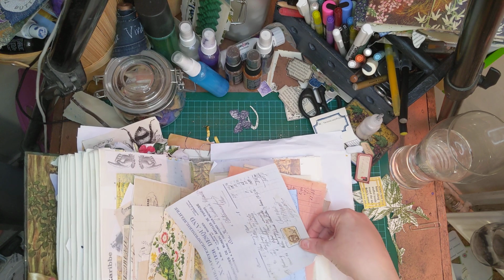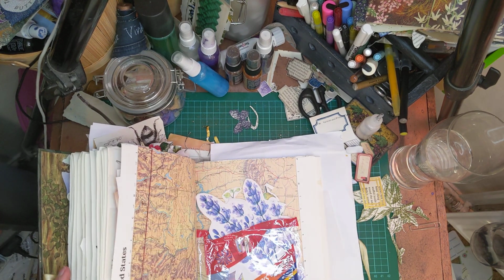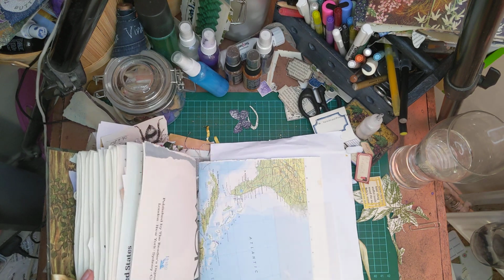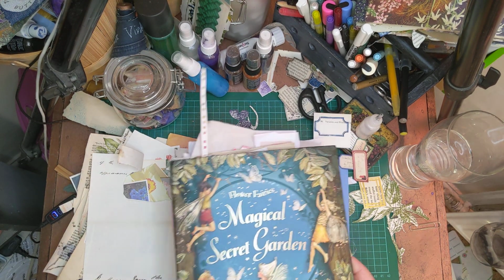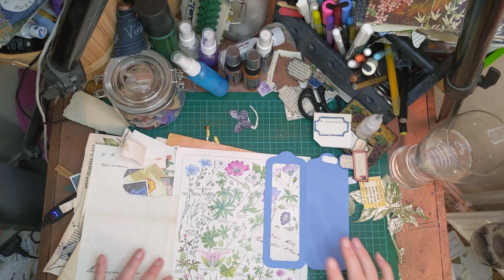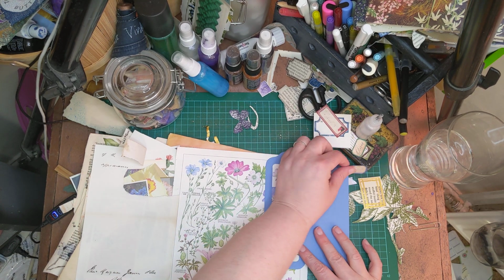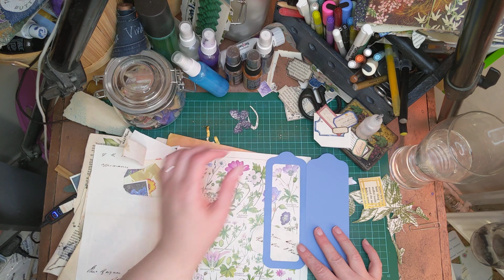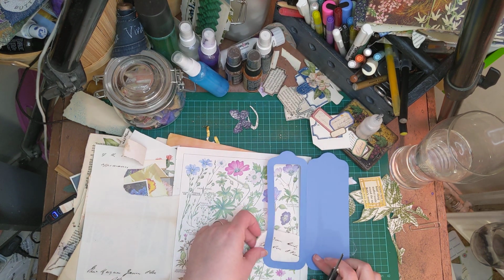So it's where the printables live, basically. I think I'm going to get my printer. My tax came back. There's some random printables there. Random bits and pieces, made out of a book I got in a charity shop for free because it had a tear in it. And I've made so many things because it's a Flower Fairies book, and I sort of cut all the Flower Fairy elements out, and have...